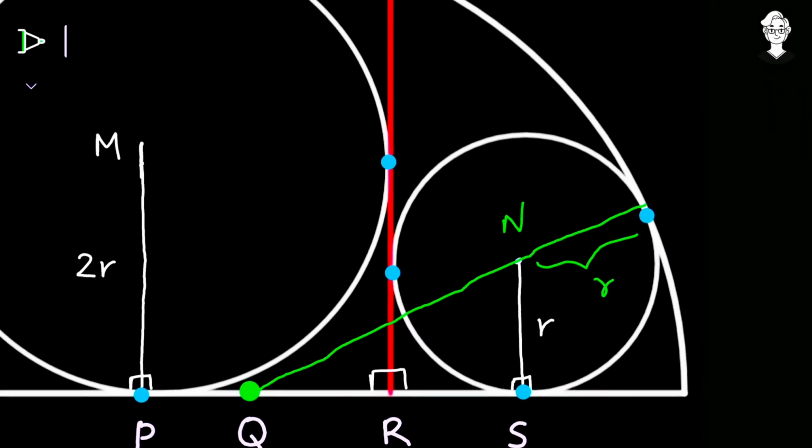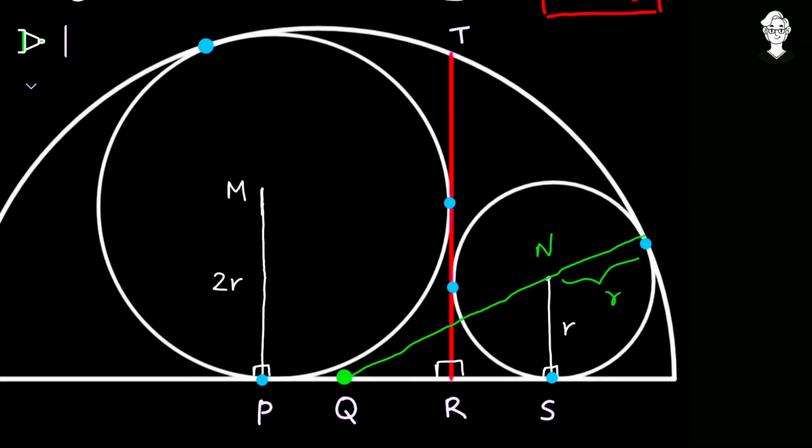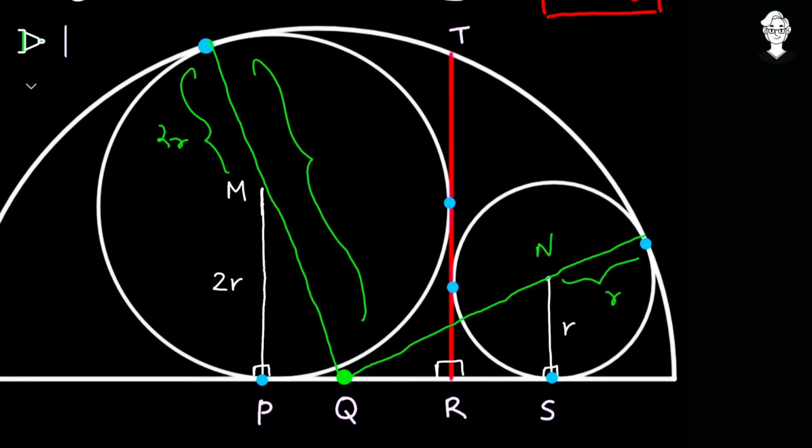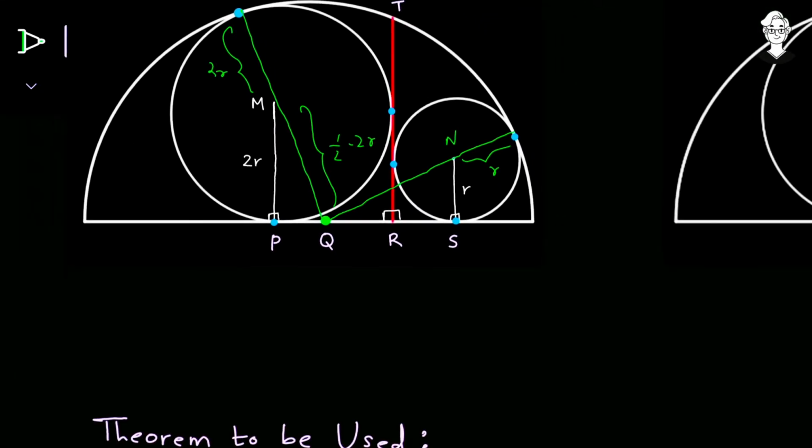This point is equal to N. Now similarly for this bigger circle, from the point of tangency passing through the center of this circle, that is point M, to the point Q, this is a straight line. So here also this much length is going to be the radius of this bigger circle, that is 2 times r. This complete length is the radius of this semicircle, that is 1 by 2. So the remaining length, that is from here to here, is going to be 1 by 2 minus 2 times r. So we are currently having two triangles over there.